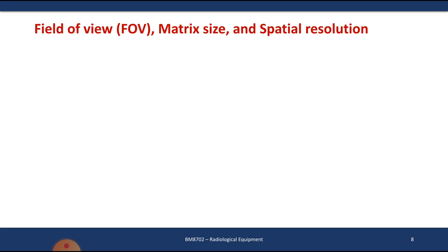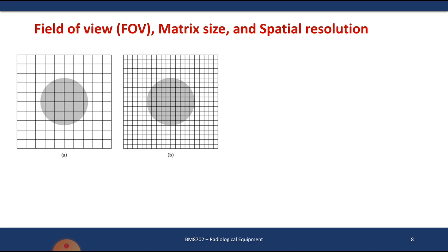And the next thing is spatial resolution. Spatial resolution matters when you have a very small brain tumor inside the brain, and you want to look at the tumor's boundaries, where the edge of the tumor has to be very clear. That particular point where we can differentiate the tumor from the normal brain is your spatial resolution. If you look at the first figure, you have a circle and then there is a matrix. In the second figure, you have the same circle, but the number of rows and columns has increased in figure B. What does it actually mean?